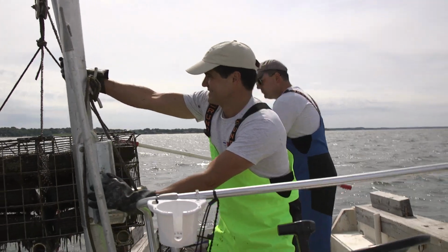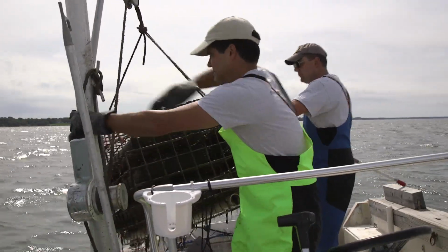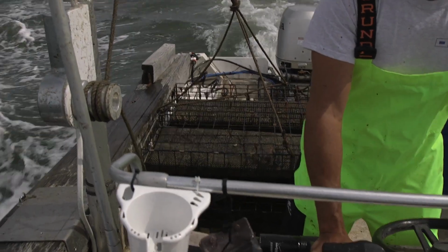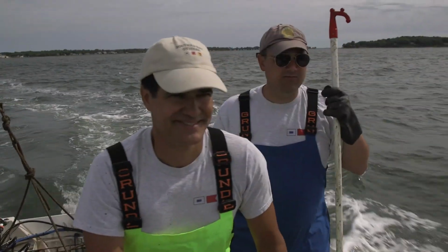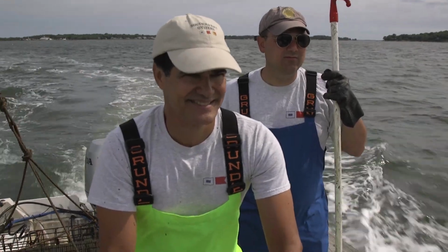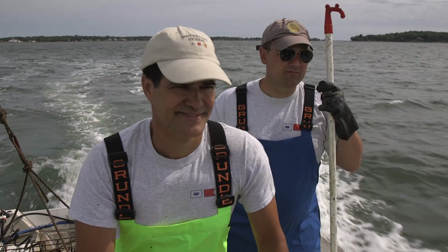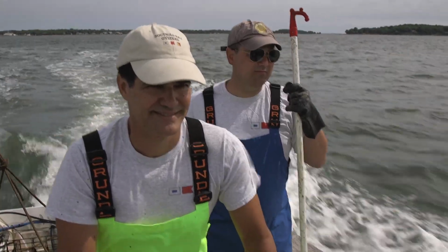The county is very supportive of aquaculture because oysters, when they're out in the water, are filtering the water. They're removing harmful algae, they're removing nitrogen, and the more oysters you have in the water, really the healthier the water is, the higher quality it is. So there's a big push for people to grow oysters, to work in aquaculture, because everyone benefits from their presence